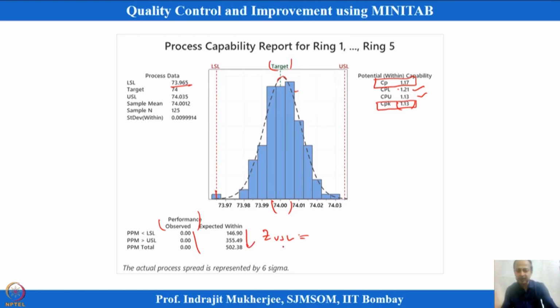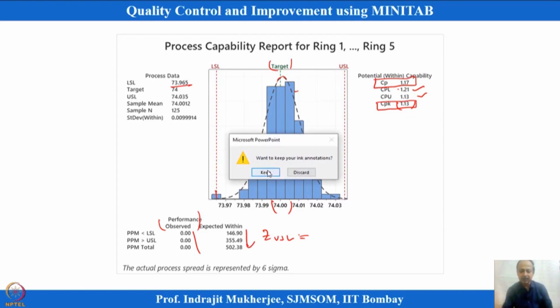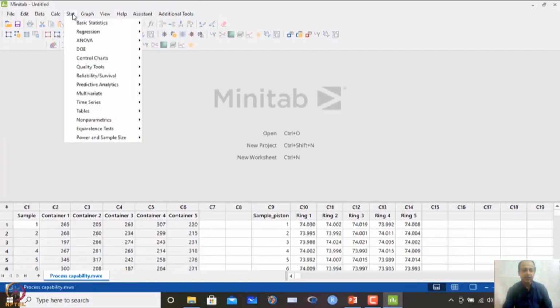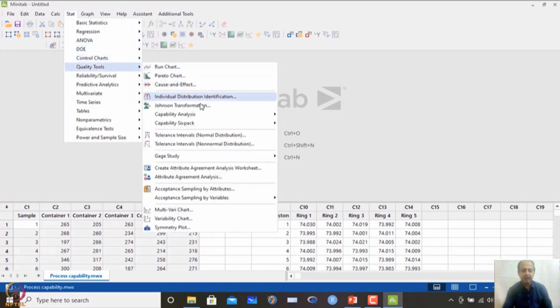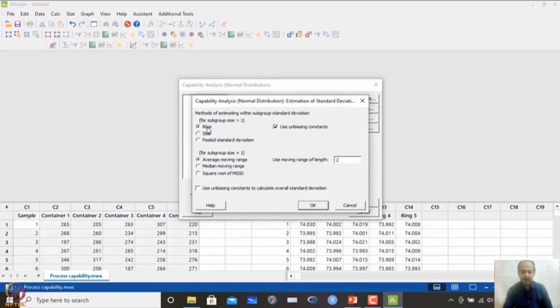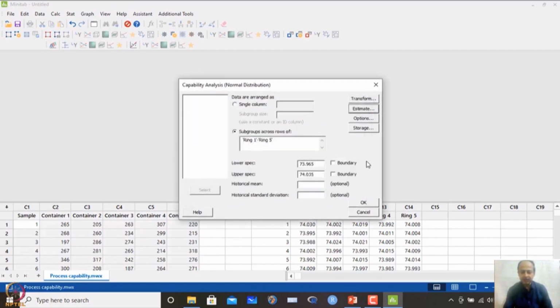Okay. So, how do you calculate the CPK index over here? I am taking you to the same example, and we will eliminate other things. Then you go to Stat, Quality Tools, Capability Analysis, Normal Capability Analysis, and what you do is select ring 1 to ring 5. Then I change the specification as 73.965 and this is 74.035, and then for estimation over here, R bar is the estimation that we will use, other things remain the same,